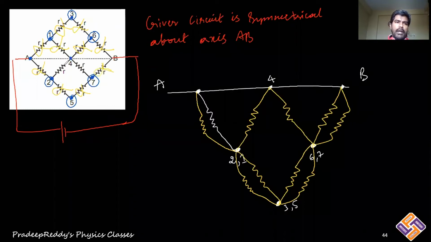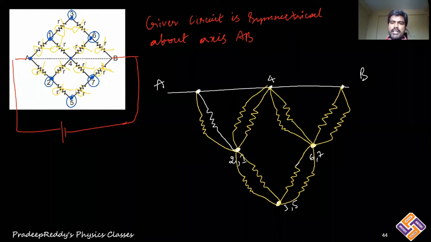Next, between 2 and 4, there is one resistor. It is being completed. Between 4 and 7, there is one resistor. This is also completed. In total, how many resistors do we have? 12. 12 resistors have been redrawn. Now the whole symmetrical circuit is redrawn in such a way that you can identify which resistors are